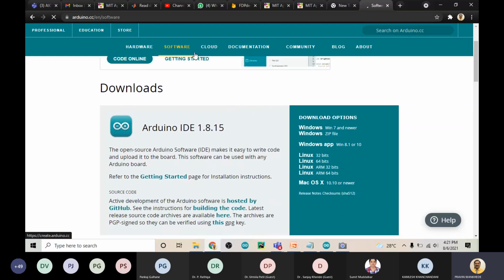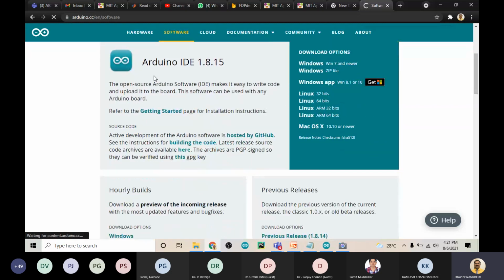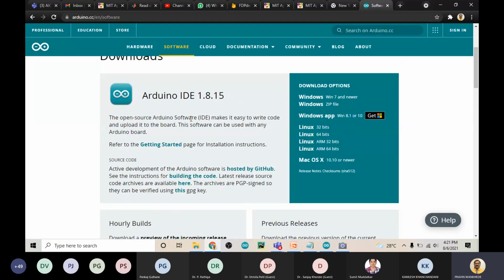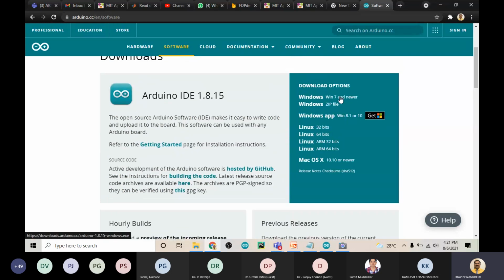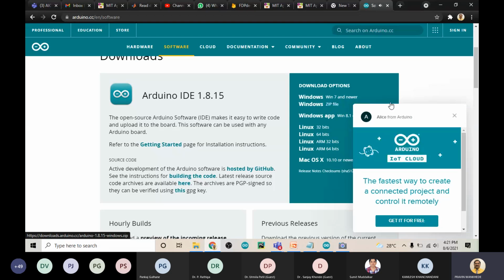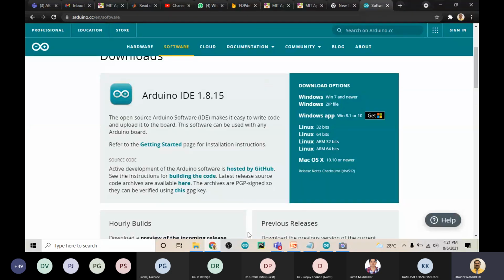Go to the download page, click the IDE, and download for whichever OS you have. For example, Windows 7 and newer, click over here and it is going to download your IDE. So this is the software we have.